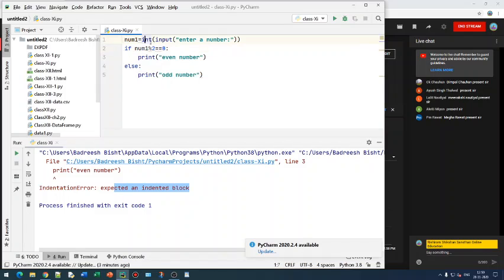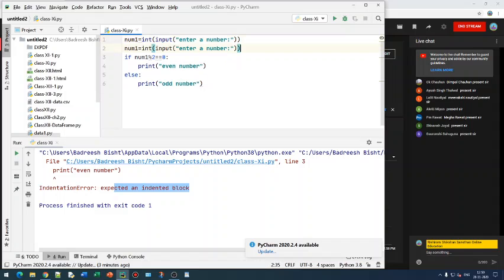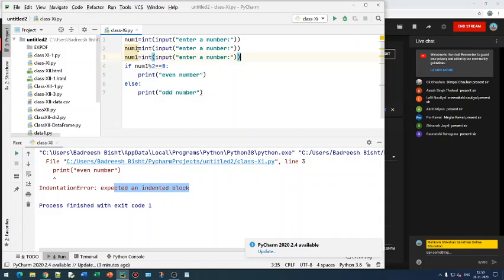Like if we have 3 numbers and I am taking 3 different numbers as input. Let's say number 1, number 2 and number 3, and taking all 3 numbers as integers: enter first number, enter second number, and enter third number. Then we do comparison based on number 1, number 2 and number 3. If we want to print the greatest number, we can write: if number 1 greater than number 2,